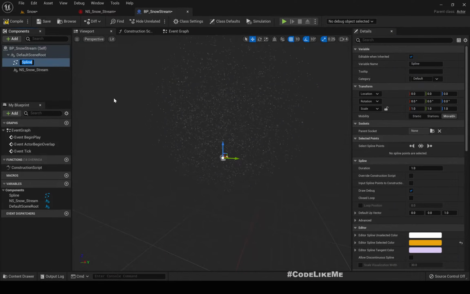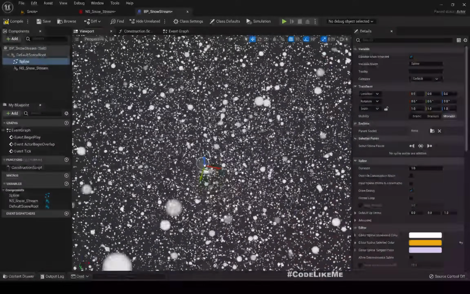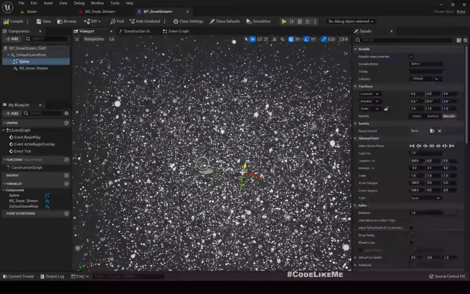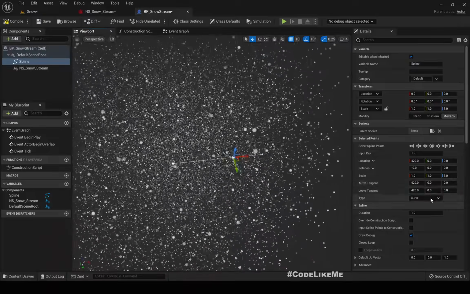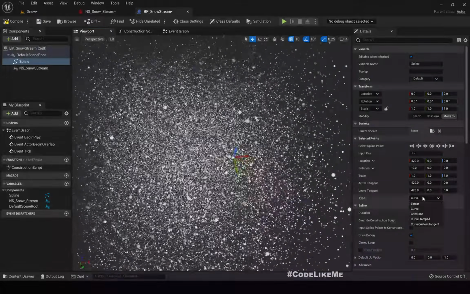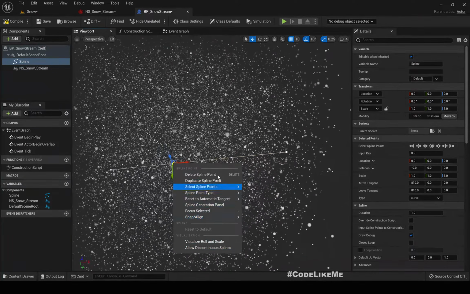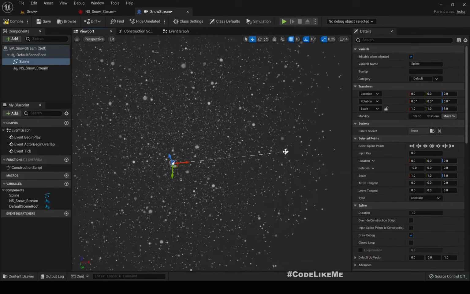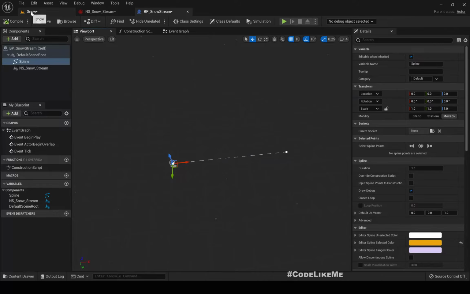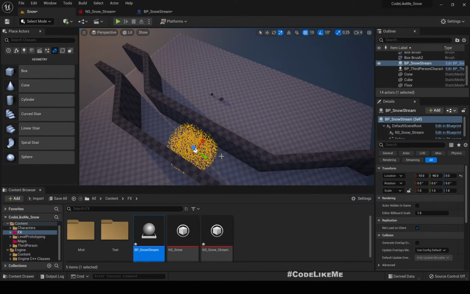Spline, like this. I'll convert the spline type to maybe constant, both. Right now here let me add a snow stream,